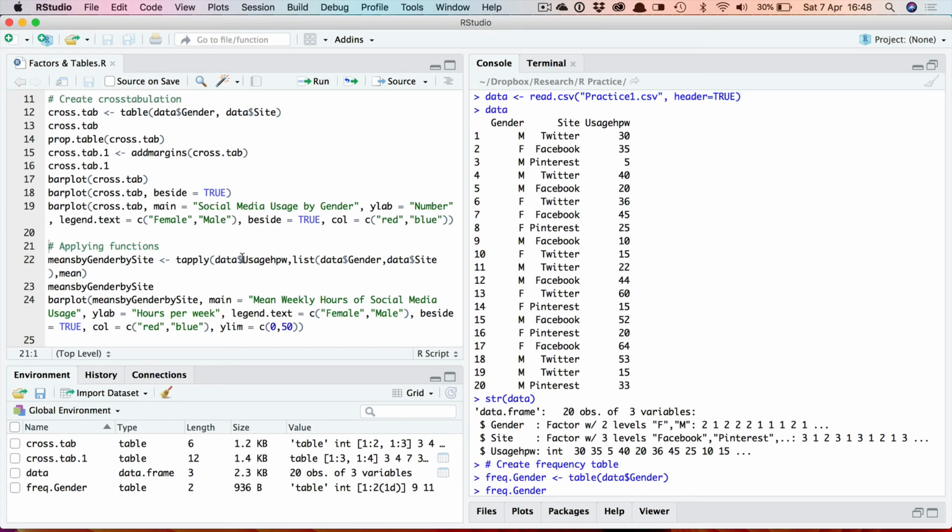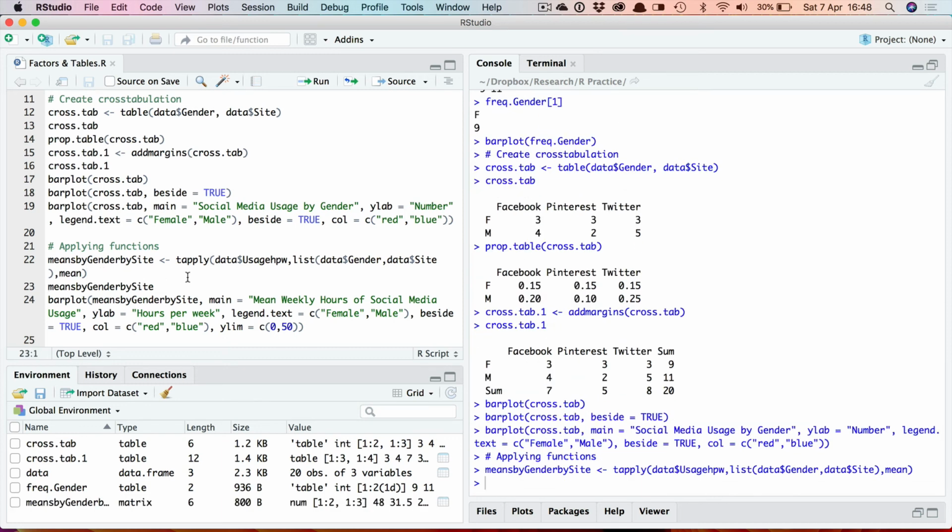So very similar syntax to the apply function, but not quite the same, and you need to make sure you use a list notation here. Obviously I'm using the mean here. You could put some other function in, another built-in function or your own function. So let me run this command, which I'm storing in this means by gender by site variable. If I now print that out,